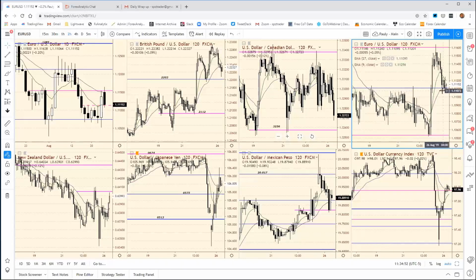So we're just kind of stuck here, very quiet. And for the most part, all the other markets are relatively quiet at this point. We've seen cable continuing to pare back a little bit. We did see the dollar yen